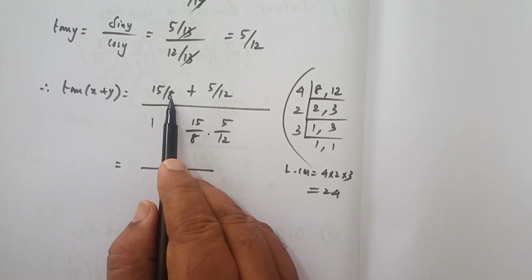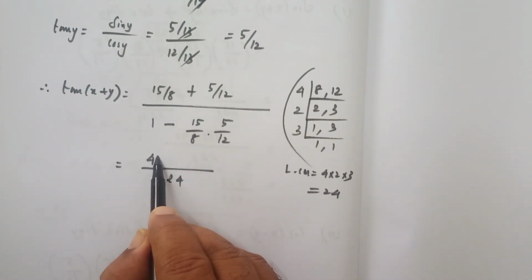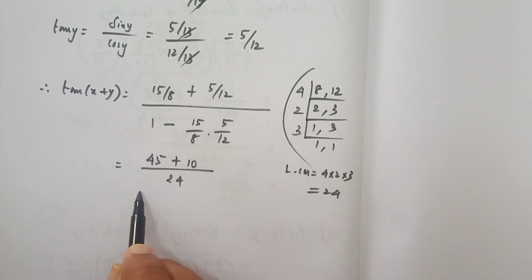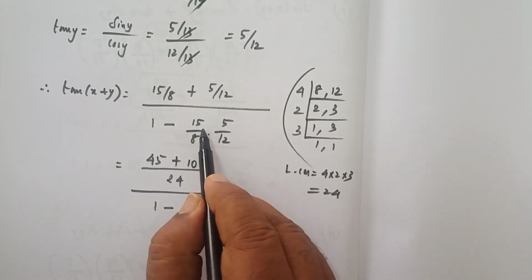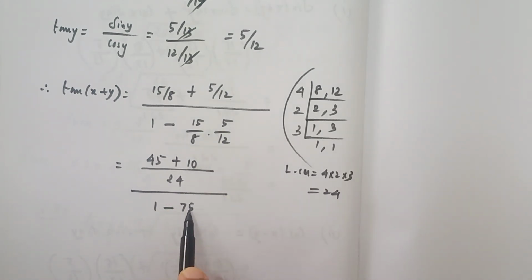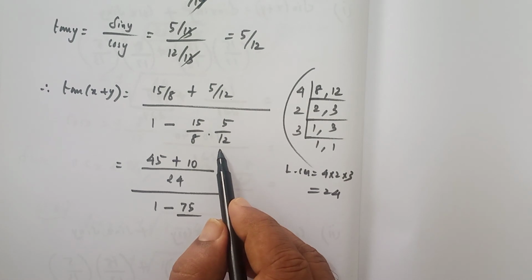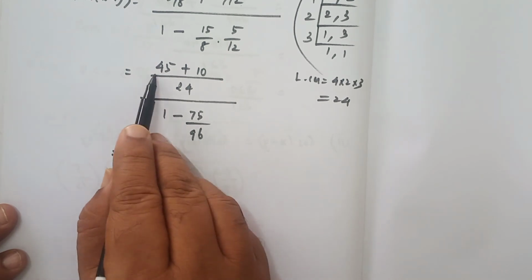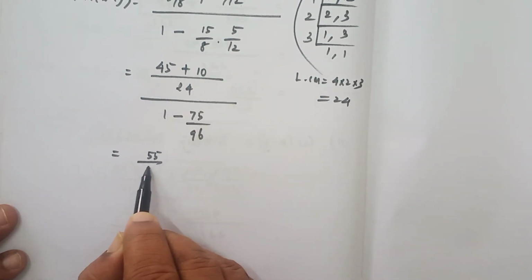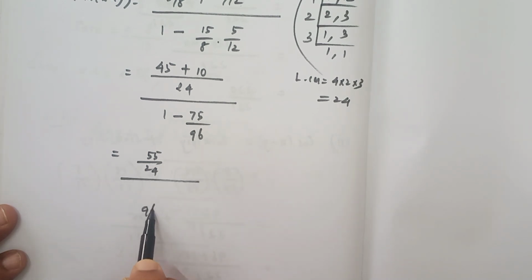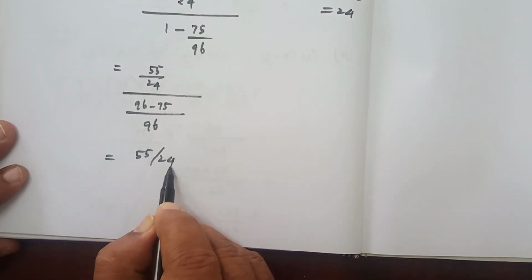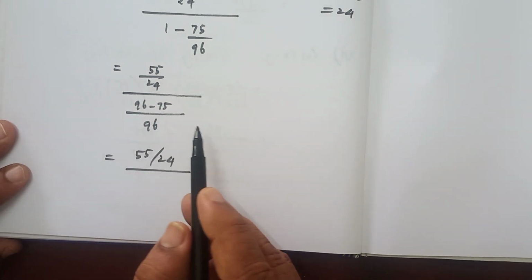After that, 8 table for getting 24, 3 times, 3 15s are 45, plus 12 table for getting 24, 2 times, 2 5s are 10, whole divided by 1 minus 15 5s are 75, divided by 8 12s are 96, equals 45 plus 10, that is equal to 55 divided by 24, divided by LCM 96. So 96 minus 75